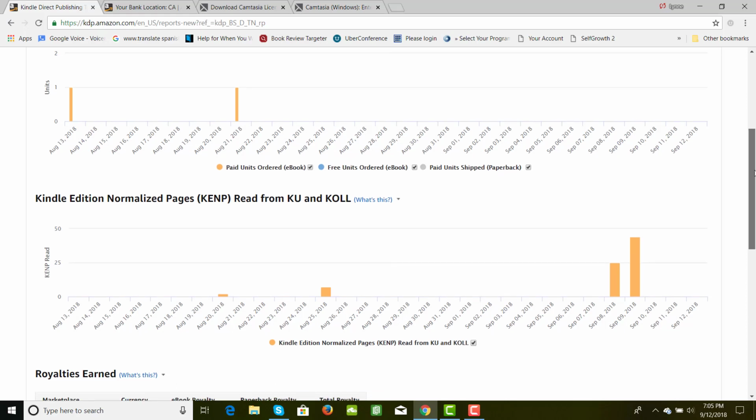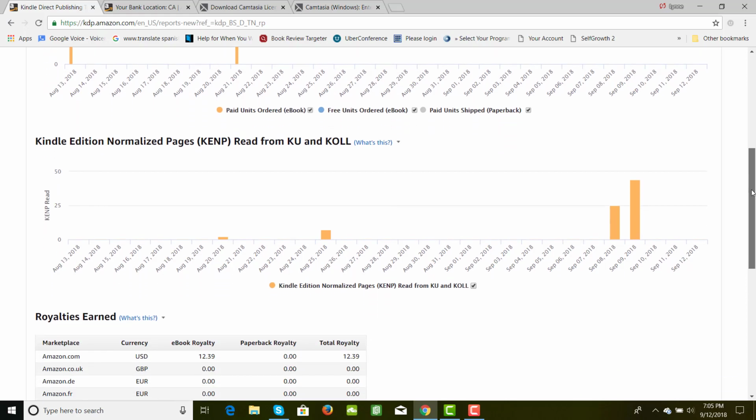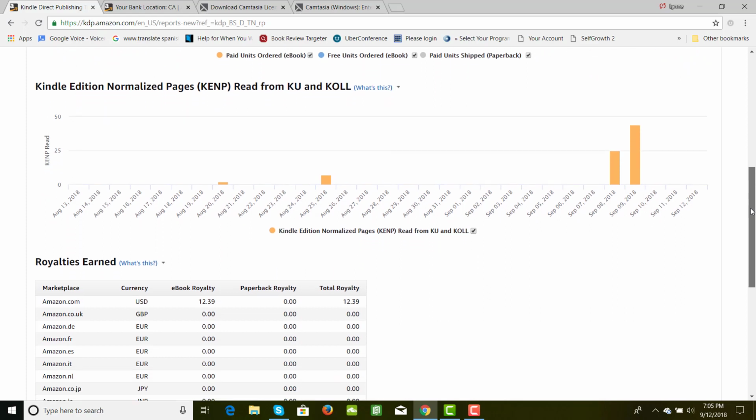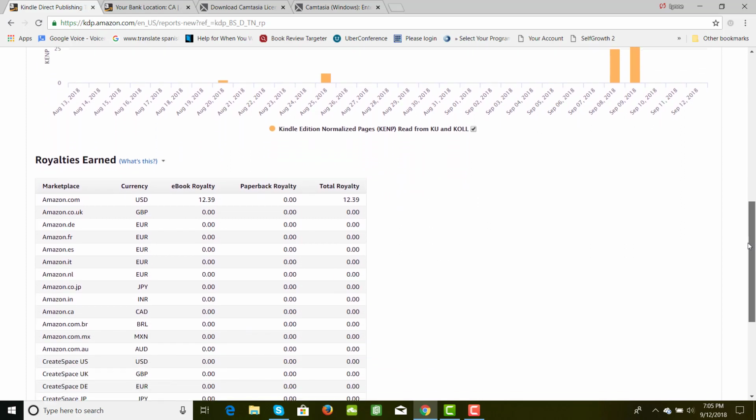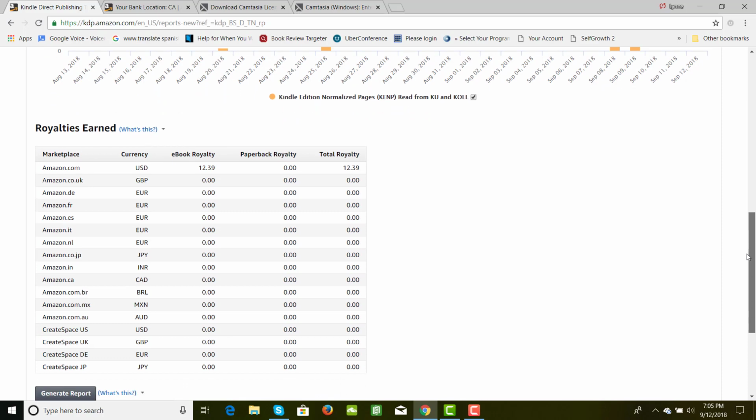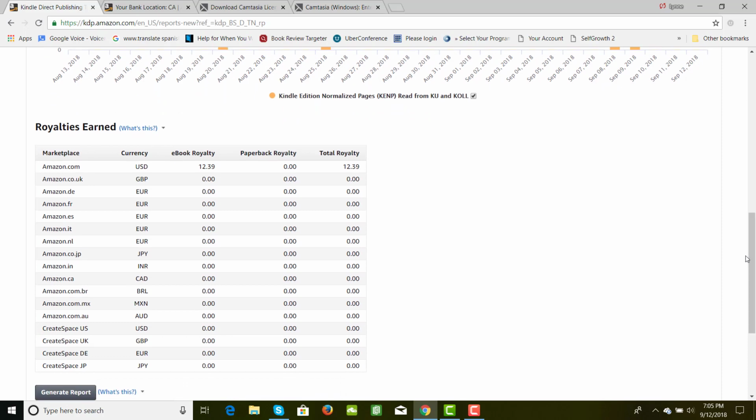Now the book that we're looking at here, they have not been selling very briskly, but if they were, you would see, oh, okay, there's a whole bunch of places where this book could be sold. It's kind of interesting to know that your book could be sold in Mexico or Japan or all over Europe. It's pretty fun. So those are the key points of differentiation between your old CreateSpace account and your new KDP